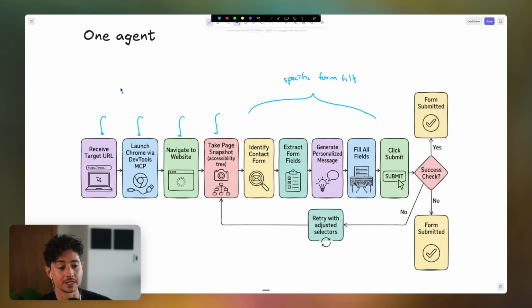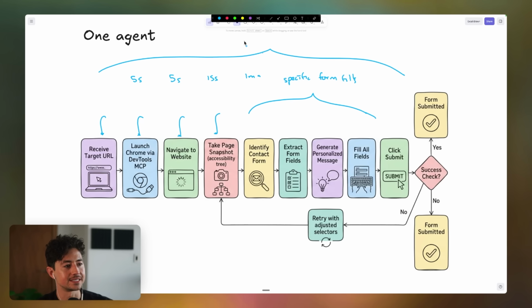This process over here, literally to just launch the browser, could take 5 seconds. This process to navigate to the website could take 5 seconds. Taking a page screenshot could take 15 seconds. Identifying the contact form could take a minute. If you stack it all up, basically what's occurring is this whole process here might take literally 2 to 3 minutes per form if you're operating naively using a slower model. And if you're operating non-naively, if you're using a smarter model, then obviously you have to weigh that against cost and token usage and stuff like that.